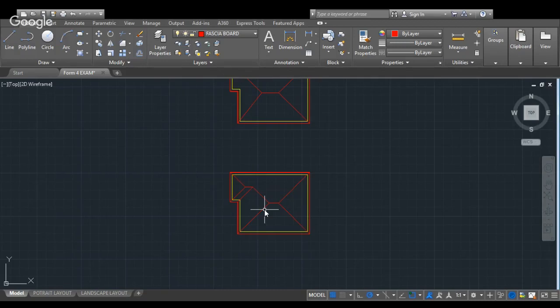Perpendicular, location forward. One will have perpendicular. So from that line, you're going to